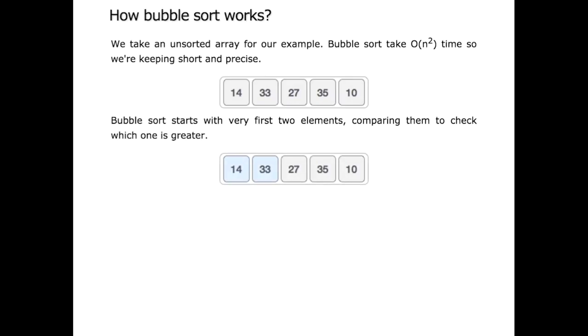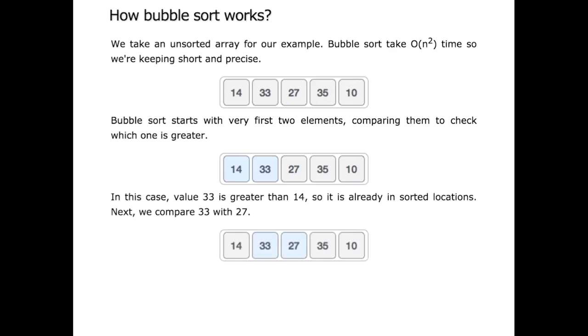So the bubble sort starts with the first two numbers, or the first two elements, and it compares them to see which one is greater. In the case of this example, the value 33 is greater than 14, so it's already in the correct location. As we said earlier, the bubble sort is going to sort the numbers from smallest to largest, smallest being on the left, largest being on the right. So we know that 33 and 14 are in the right place, so we move on to the next set